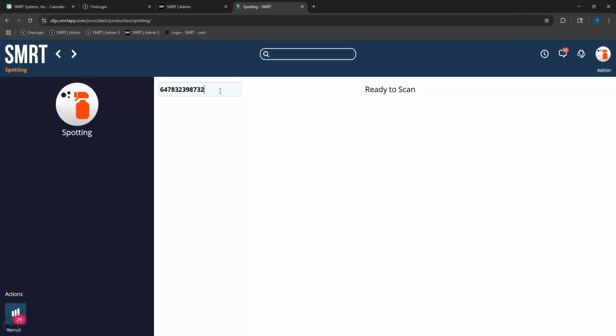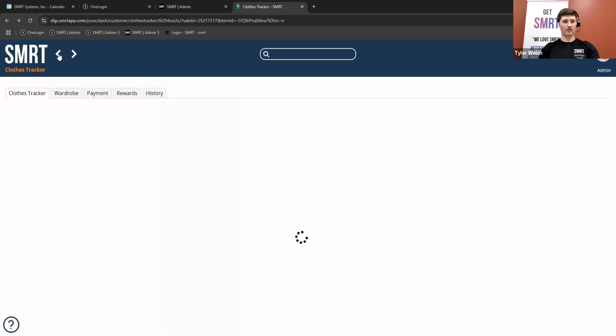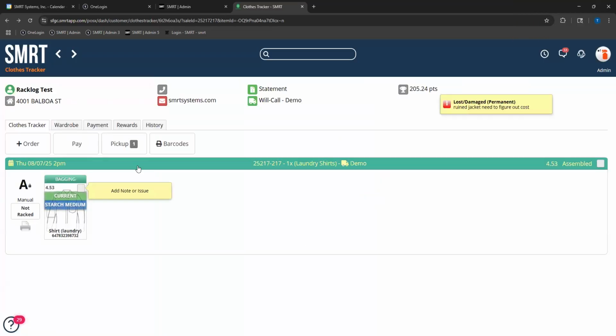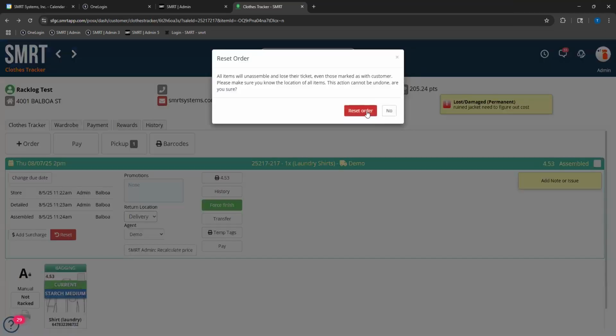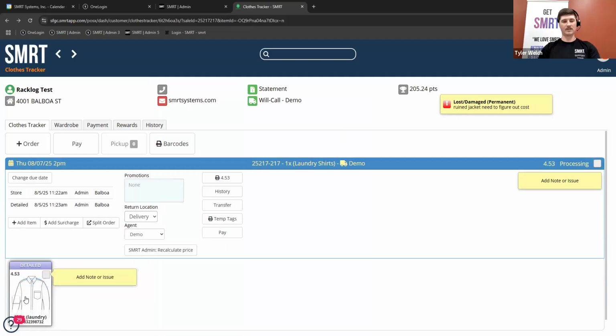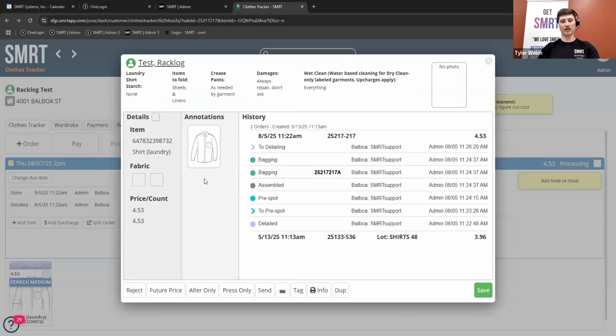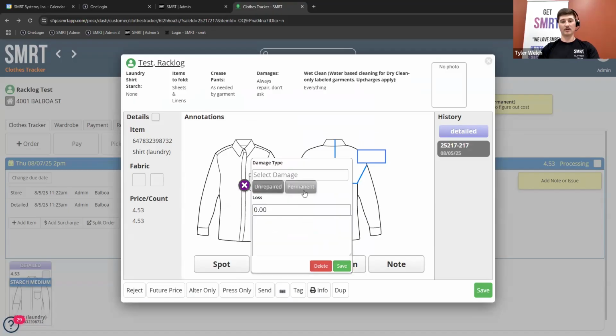All right. Oh, it's already ready. Okay. All right. I think I understand how the system does it. Yeah, so it's not supposed to stay unless you mark it permanent. That goes for whether it's a spot or a damage, like a damaged button or something.